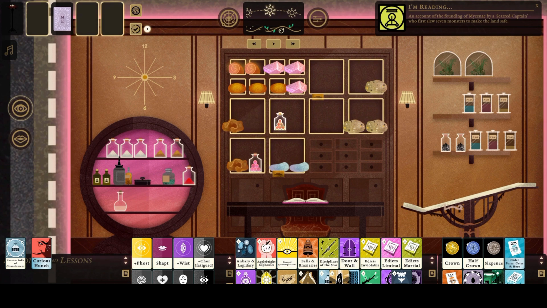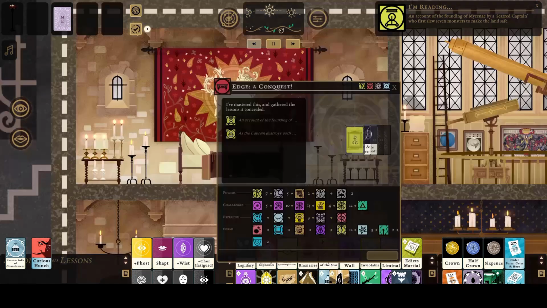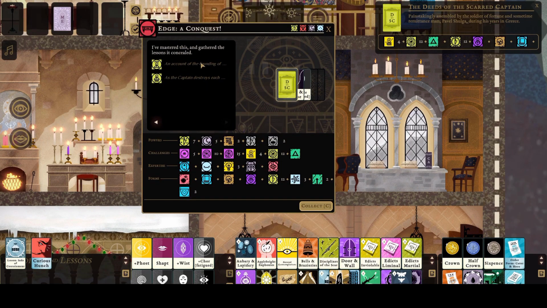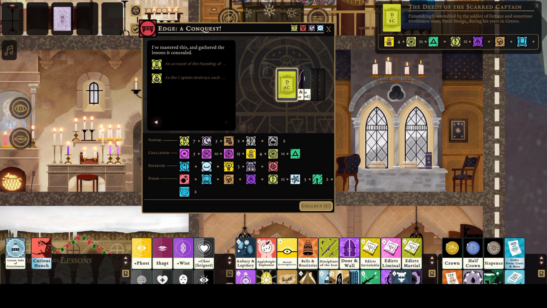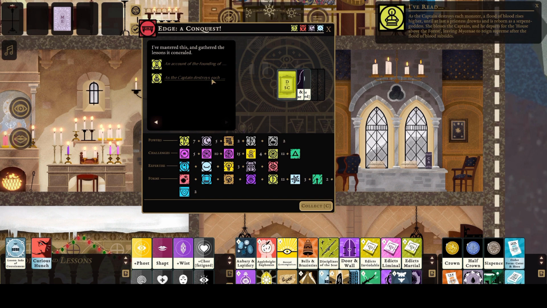You know how it goes. Painstakingly assembled by a soldier of fortune and sometimes a remittance man, basically collects debts, Pavel Shugol during his days in Greece. Sounds Slavic. As the captain destroys each monster, a flood of blood rises higher until at last the priestess drowns and is reborn as a serpent goddess. She blesses the captain and he departs for the house above the forest, leaving Mycenae to reign supreme after the flood of blood survives. Yet another retelling of how the colonel and the priestess came about to become...